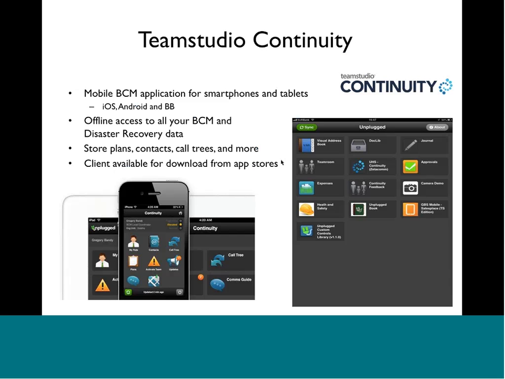This app allows users to import their plans, crisis emergency plans, and call trees, among other things. They get imported directly into the mobile device, and the information is available for them even when connectivity becomes compromised. Team Studio Continuity also works on all the major platforms, so BlackBerry, Android, and iOS.